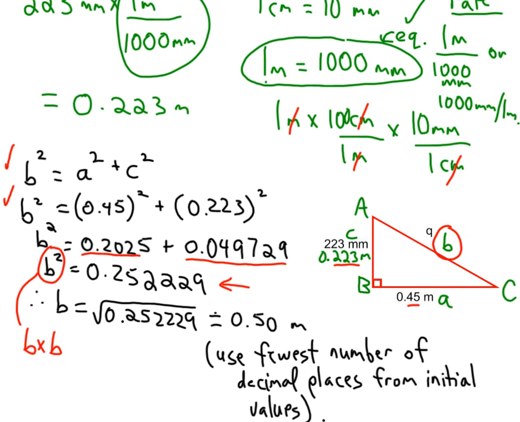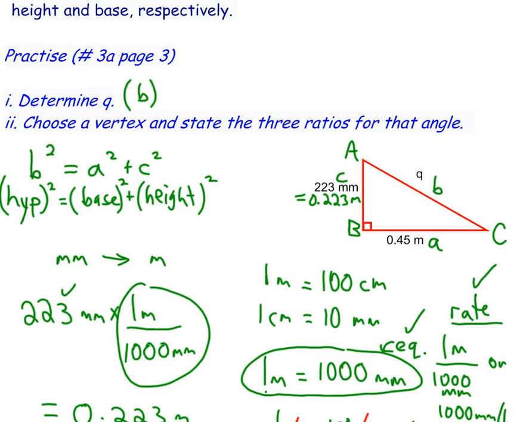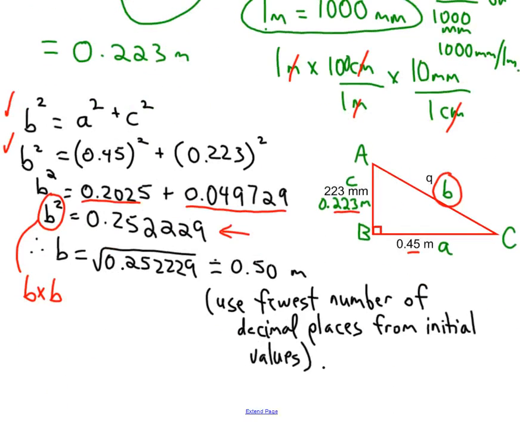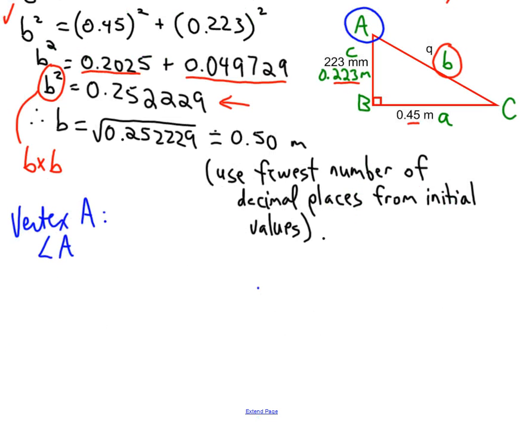The last part of this question, which I tagged on to what your textbook required of you, was to choose a vertex and state the three ratios for that angle. So this sort of ties in with what you're doing on your worksheet. All right, so I'm going to choose a vertex, and I'm going to use the top. Okay, so I'm going to use vertex A as my chosen vertex, and I'll complete this in blue. Okay, so vertex A. So that means my chosen angle is angle A, and then relative to that,